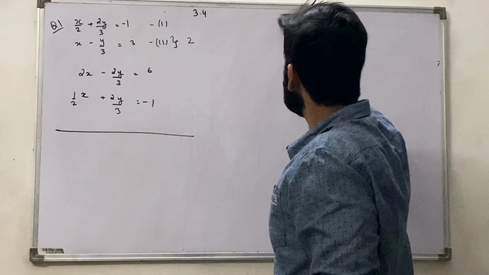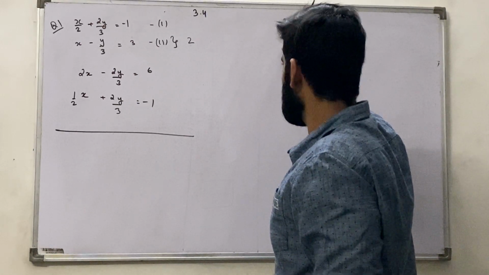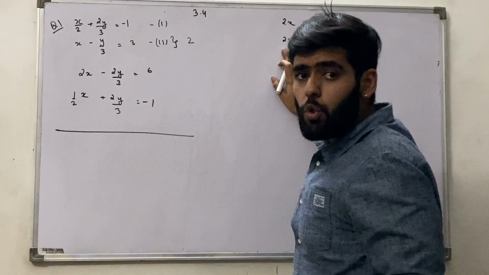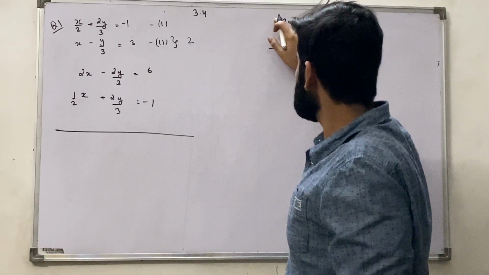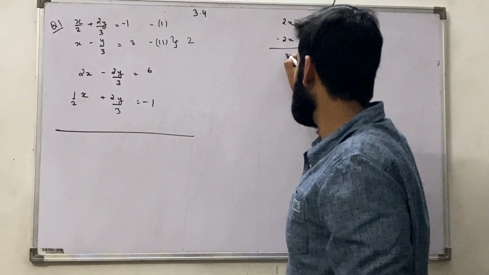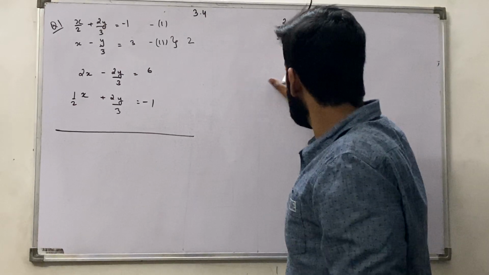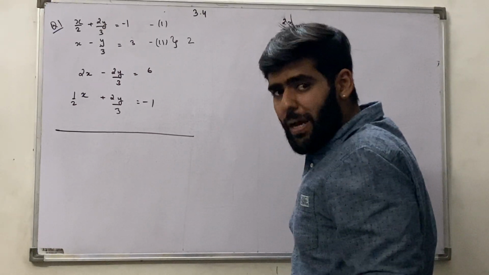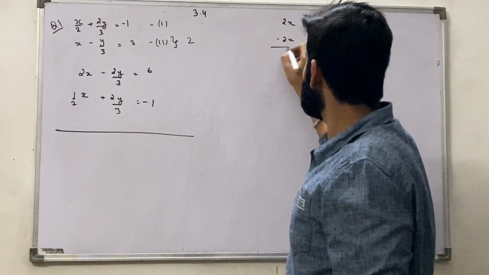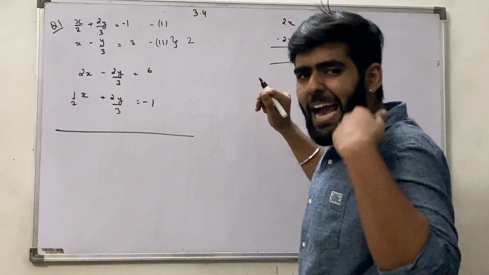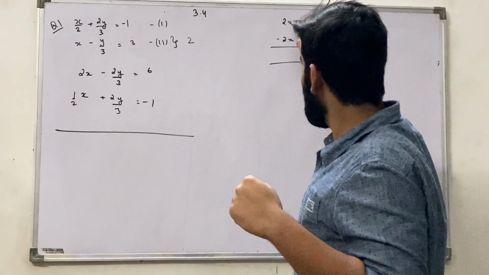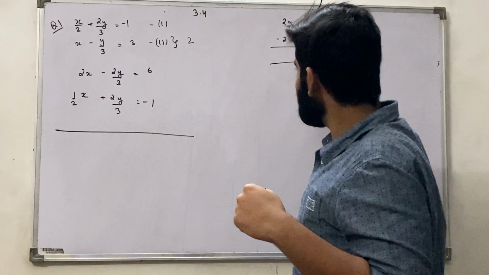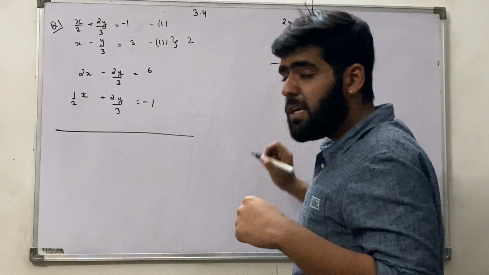See, if I have 2x and I have in the other equation also 2x, if I want to eliminate these two, I will write, subtract 2x from 2x. This will come out to be 0. But if I have 2x and minus 2x, how will I eliminate this? Can I directly write, add both the equations? What will this be? 2x plus 2x minus 2x, that will be 0.